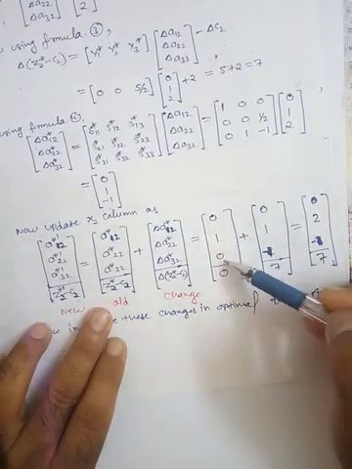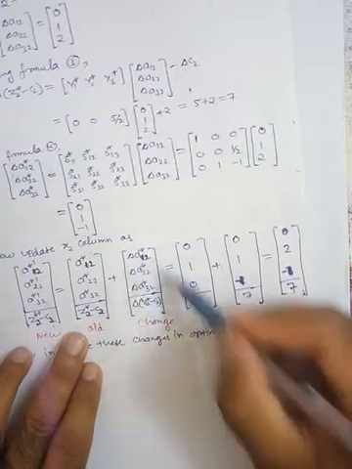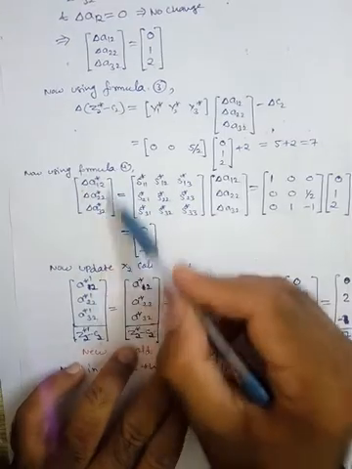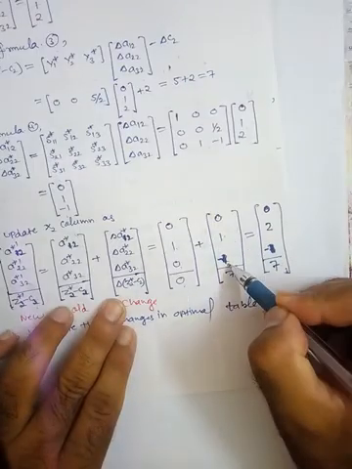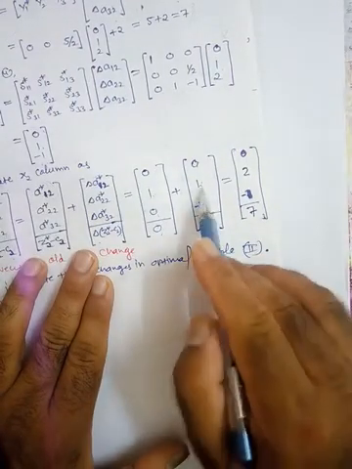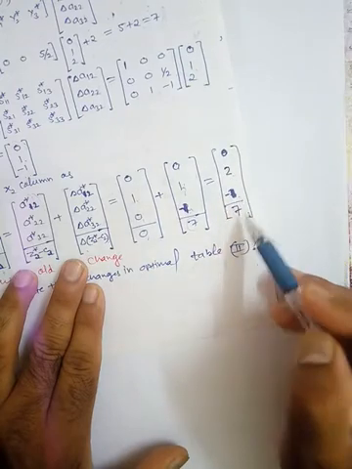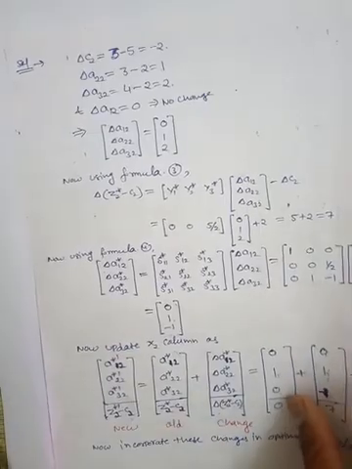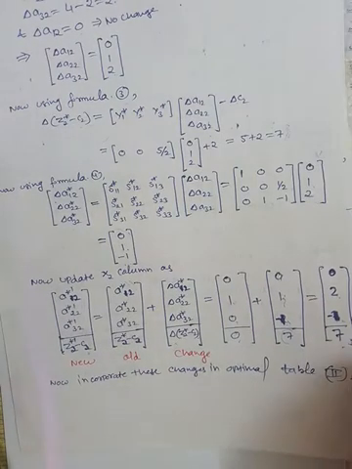So 0, 1, 0, 0 plus now the change is here. First is 0, 1, minus 1, the changes in this, plus delta Z2 star minus C2 star, which we have already calculated as 7. So this is written here, 7. Now take the sum. So 0, 2, minus 1 and 7. This is the change. Now we have to update this change in the table. So in the table we have to do all the changes. Fine. So these are the revised values.